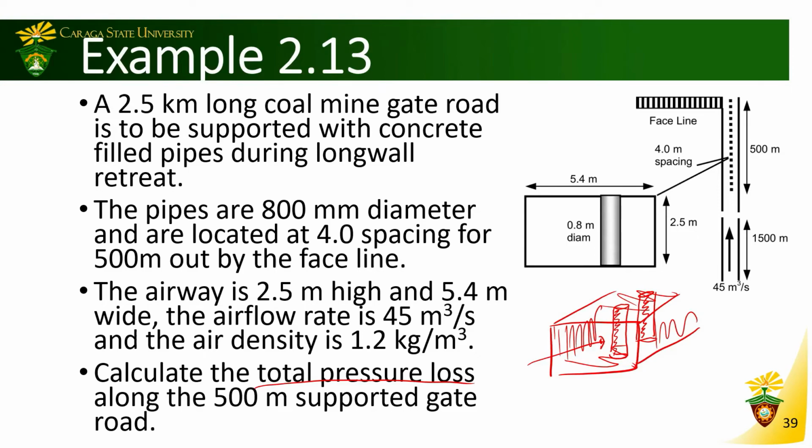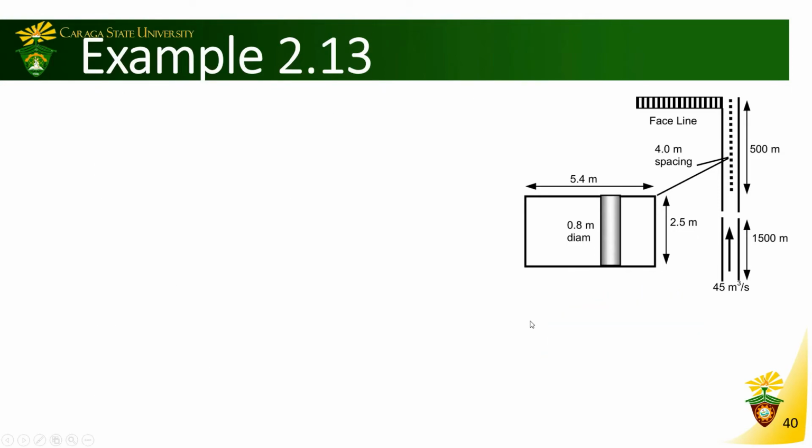We start by determining that the total pressure loss is equal to the pressure loss due to the obstructions plus the pressure loss due to friction. And the pressure loss due to the obstruction, P ob,